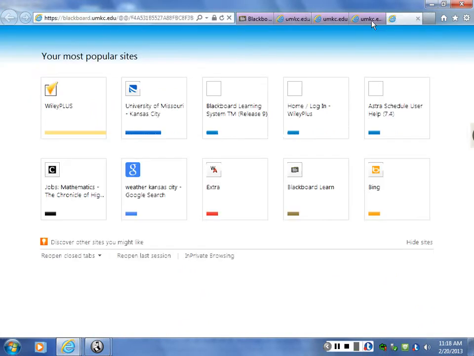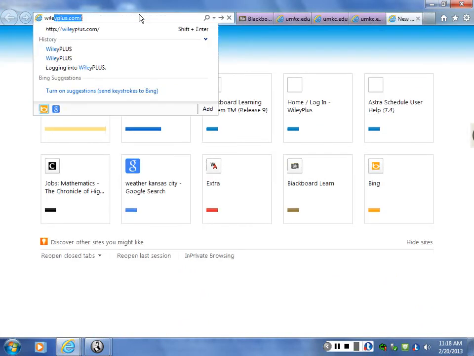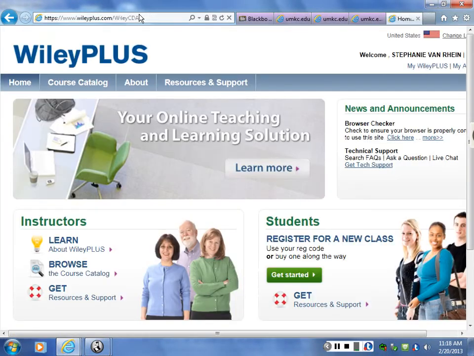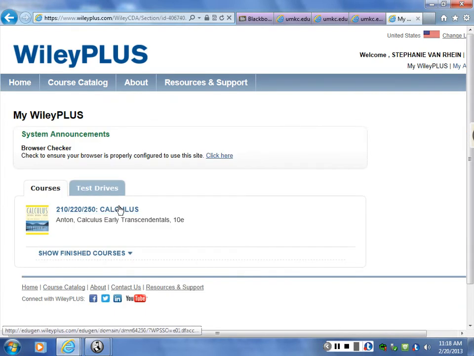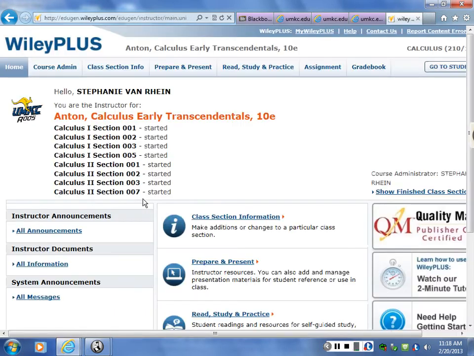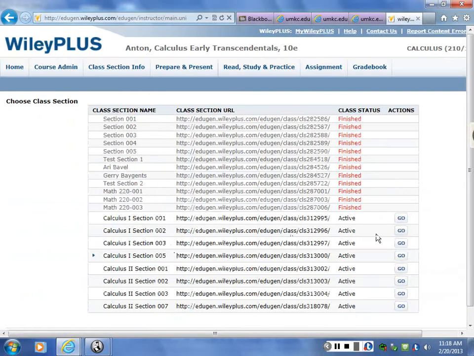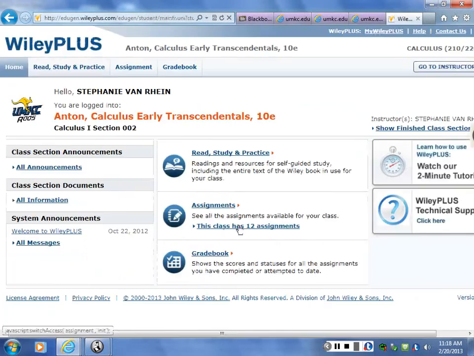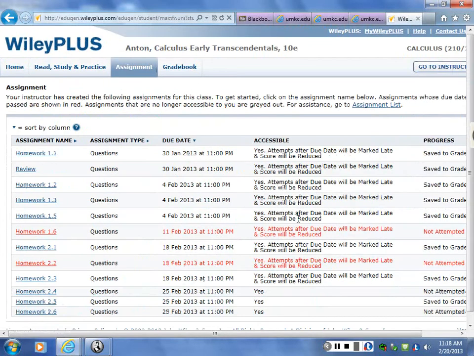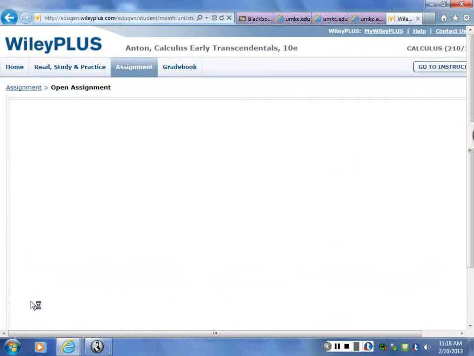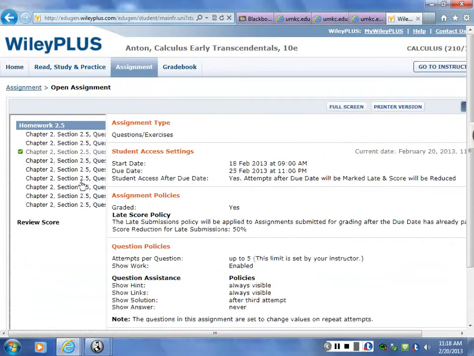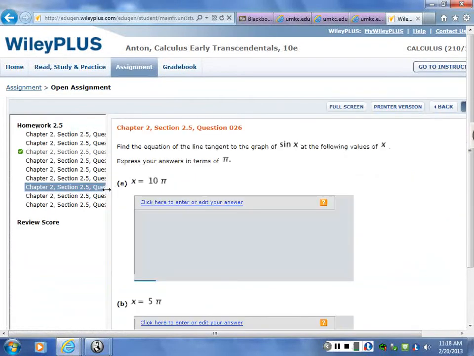Oh, I just exited. Question? Did you do on 2.5 the one with the like pies? The 6x cosine something. Find the equation of the tangent line at x equals pi? Yeah, I think that's what it was. Yes, I can attempt to do that one. 2.5? Yeah. It's like the third one from the bottom. Yeah. Okay, this is